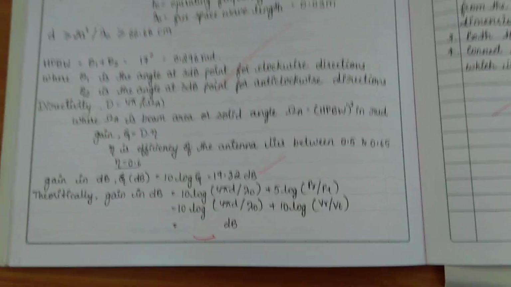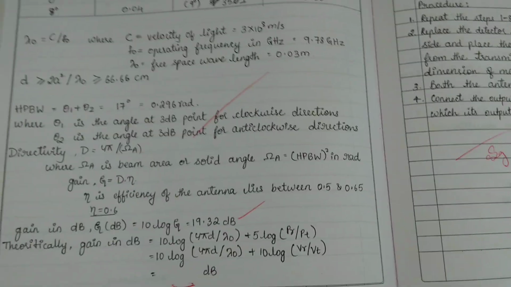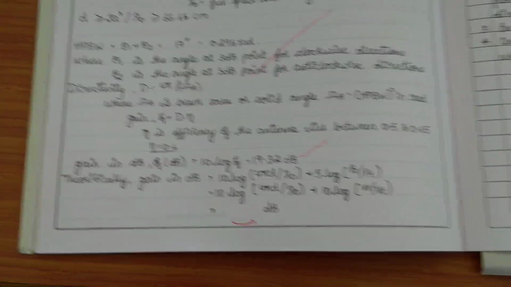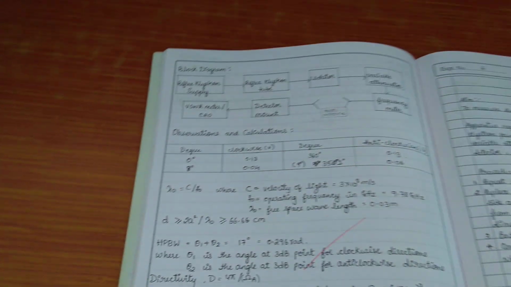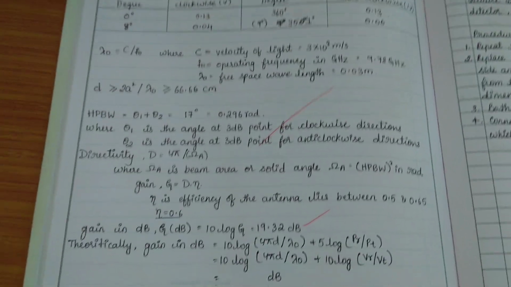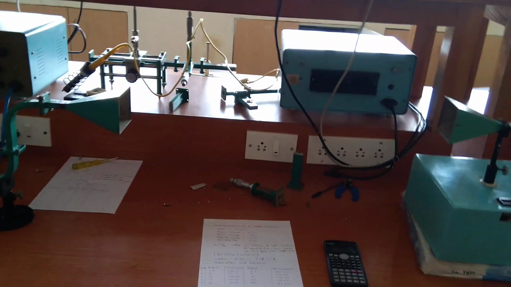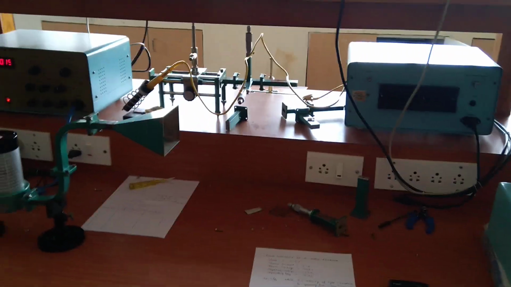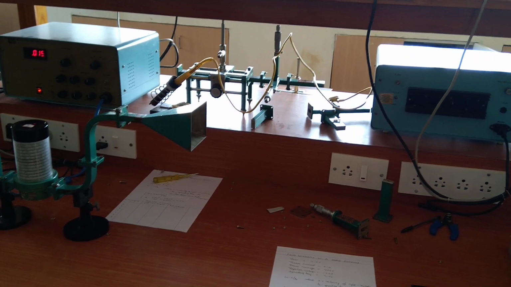Yesterday, in the previous experiment, we saw that the parabolic dish gave around 24 dB gain. So this is about the experiment of finding the field intensity of the horn antenna. Now, using the same setup, we can go for the next experiment called the reciprocity theorem. For the reciprocity theorem, we have one horn antenna at the transmitter and one horn antenna at the receiver.